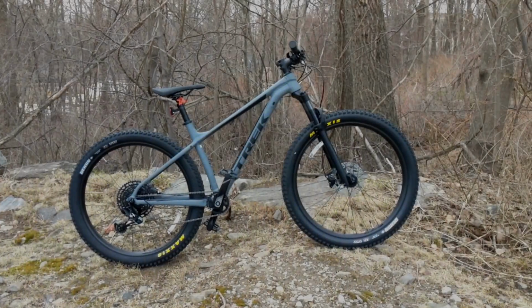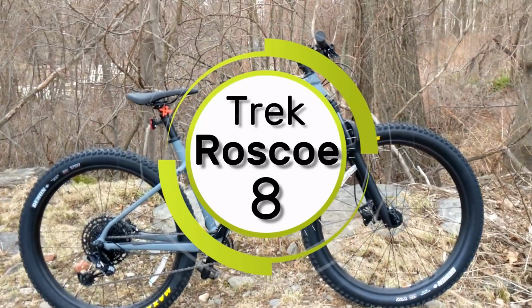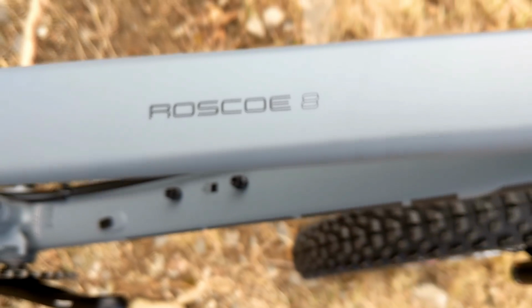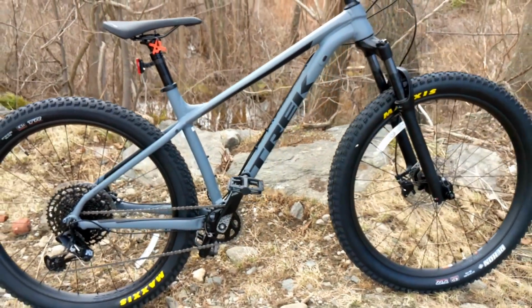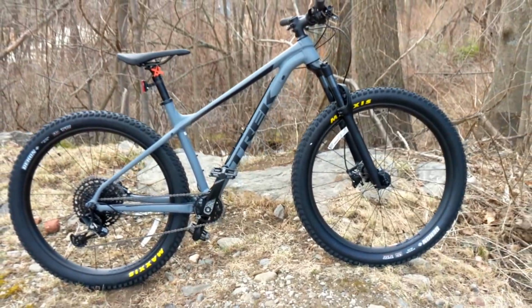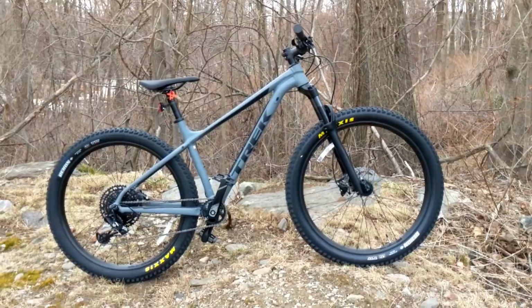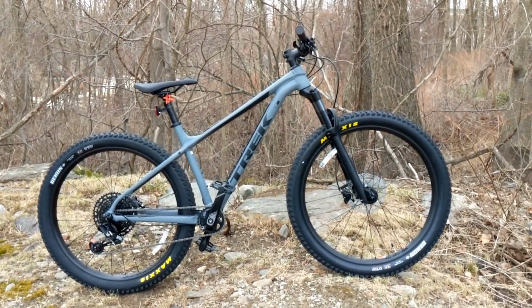On this James the Bike Guy, we're taking a look at the Trek Roscoe 8. This is in the trail lineup from Trek, and this is their 27.5 plus hardtail. So this is going to have 27.5-inch wheels with a nice plus size tire. Now what makes this fit into the trail category is the fact that this is going to be a pretty